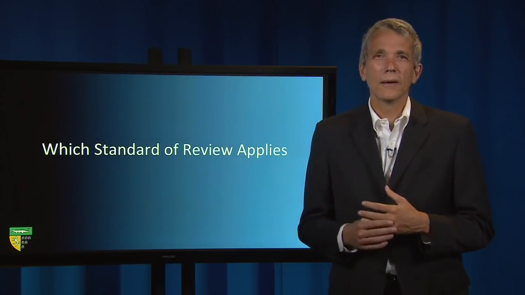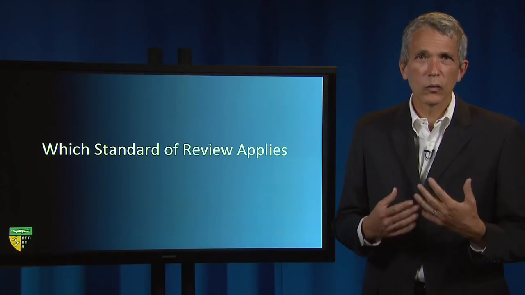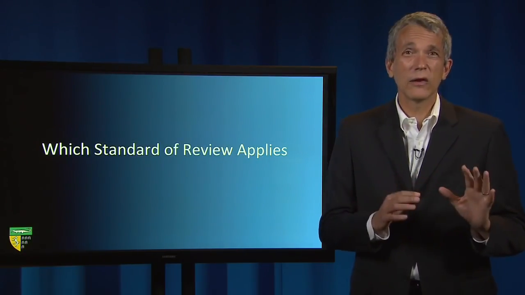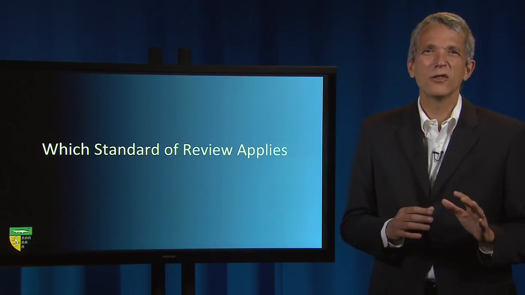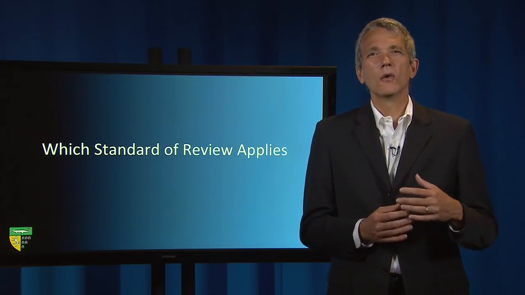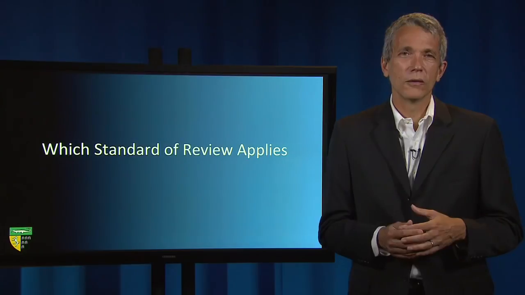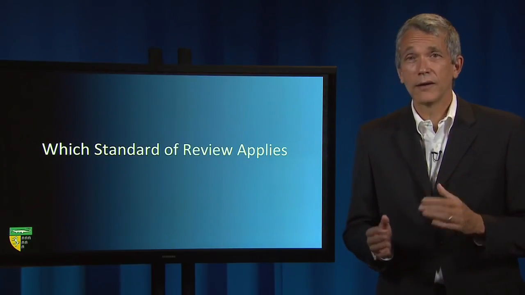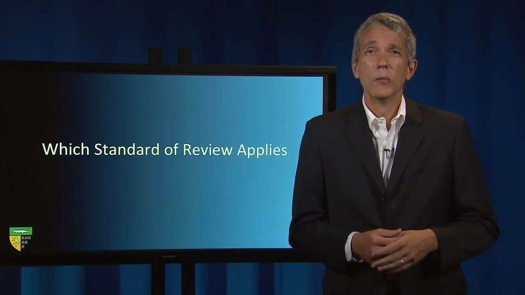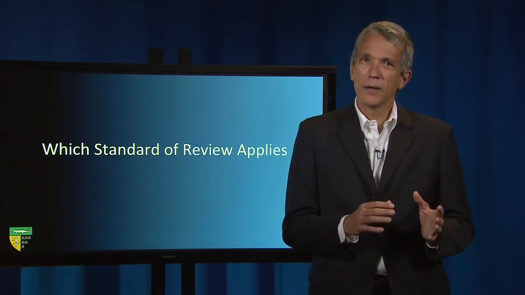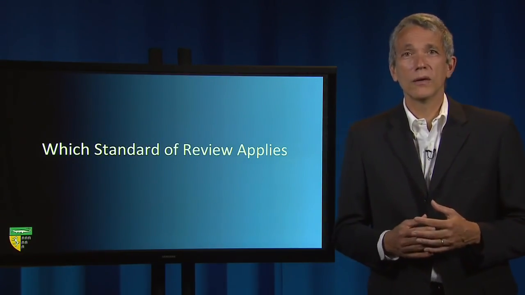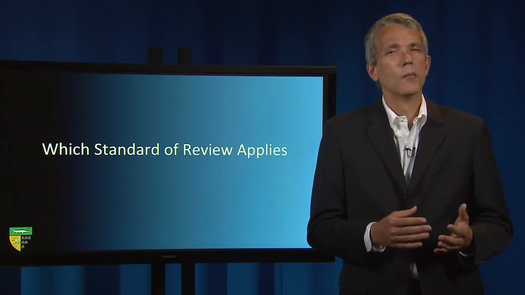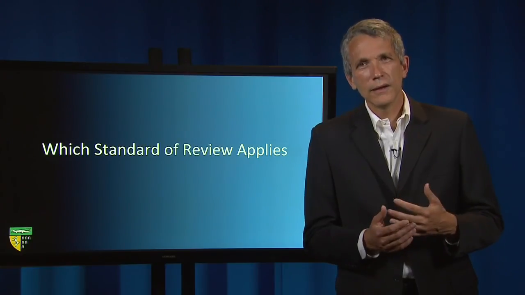So the tool here, as you're reading appellate decisions, especially older decisions, is to pay attention to which standard of review the court applied to particular issues. In the older decisions, they won't tell you which one they are applying, so you're going to have to infer it. More specifically, when you're reading an opinion, you should ask, did the court give adequate deference to jury determinations of factual questions?